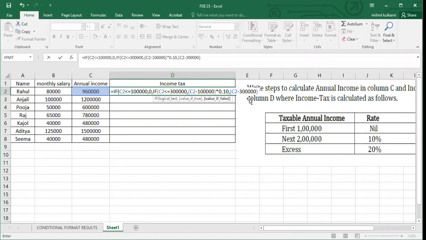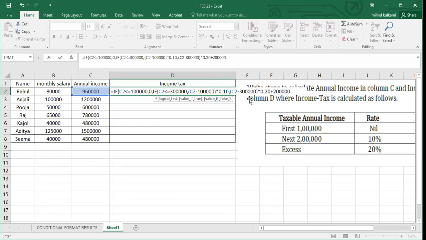For the excess of 3 lakh, the percentage is 20%. Therefore you should multiply with 20%, that is, I can write 0.20 or only 0.2. And plus you should also add the 2 lakh into 10%.